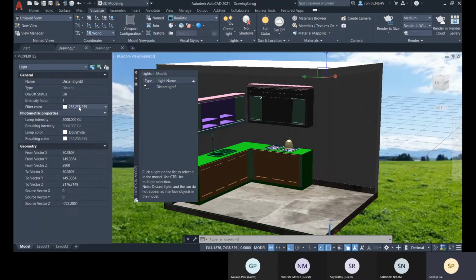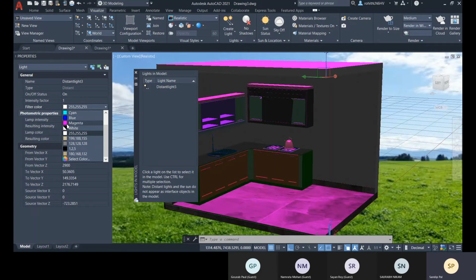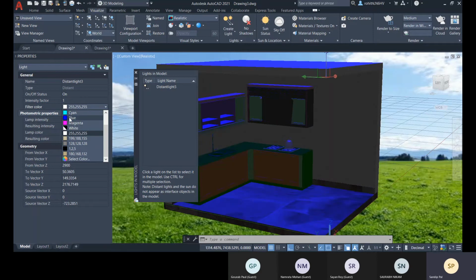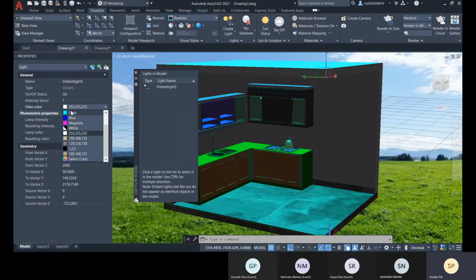You can also give it a filter color like this, so you can provide a night bulb effect with this filter color.